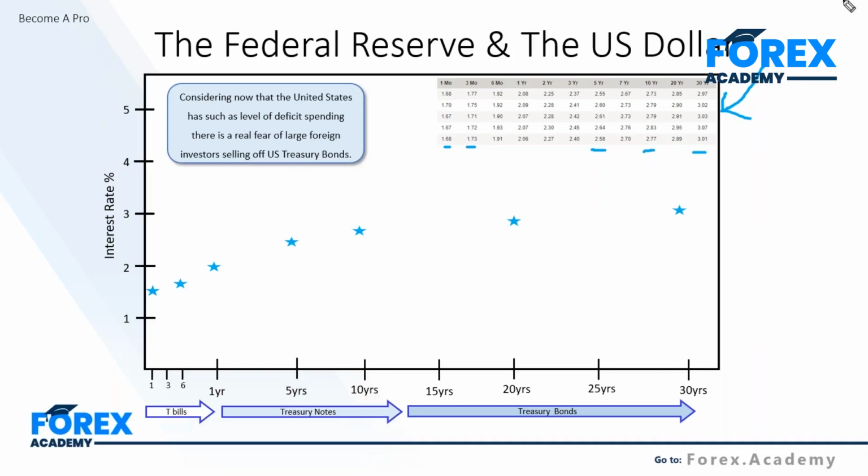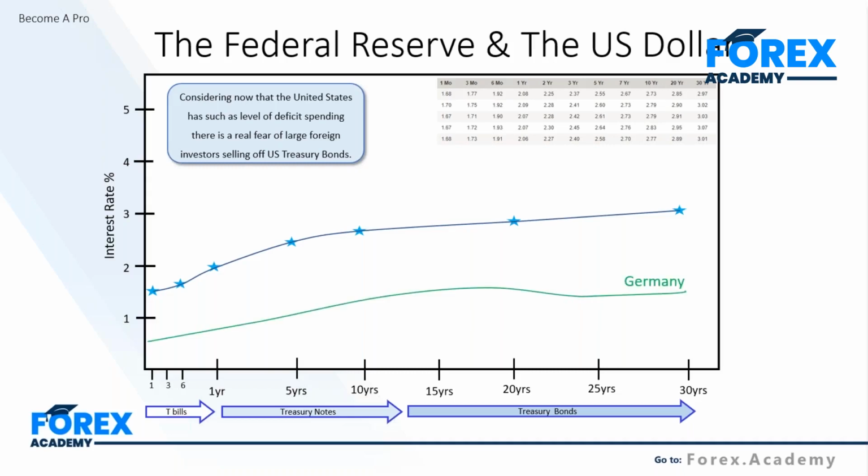Now, let's just draw and plot a line here, because what this identifies to us, guys, very simply, we know this as the yield curve. Okay, this is called the US yield curve, and it's effectively the curve over debt for the US bond markets. Okay, now I'm just going to put in a rough guideline here to what we see in Germany at the moment. So not as attractive, guys.